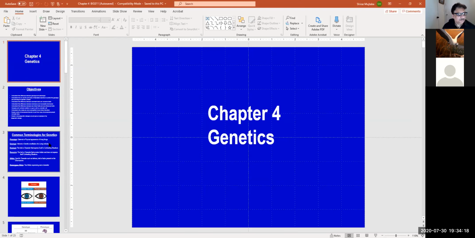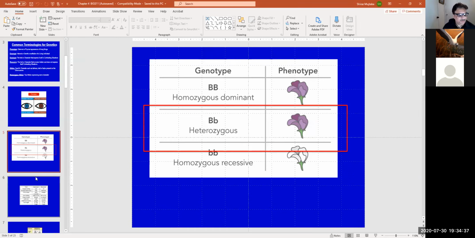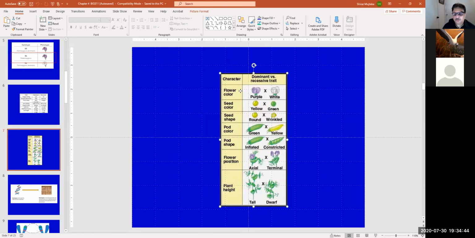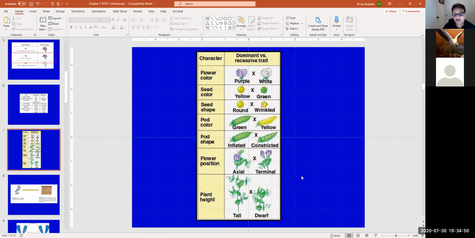So let's look into these terminologies. They are the major questions on the assignments. So what is phenotype? Phenotype is the external physical appearance of a living thing. For example, in case of plants, you can look at the height of the plant. It could be tall, it could be short. You can look at the color of the flower. You can look at the color patterns of the leaves. So whatever you can appreciate by observing through your eyes,